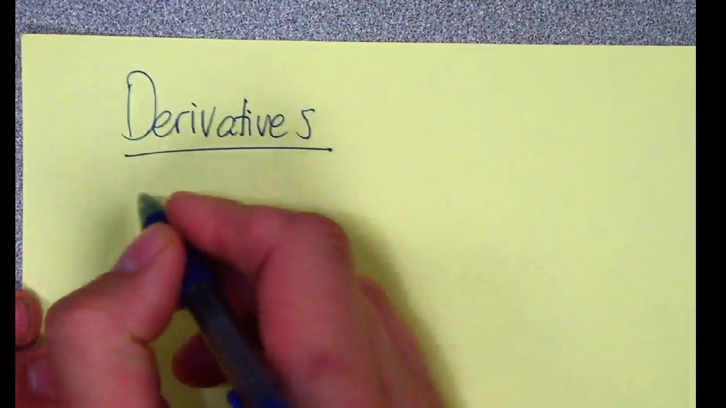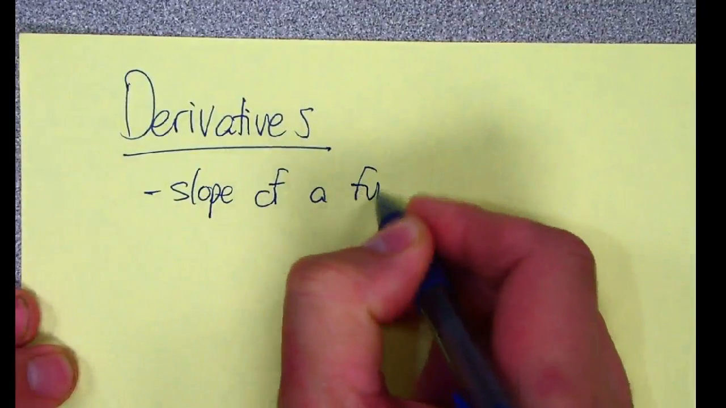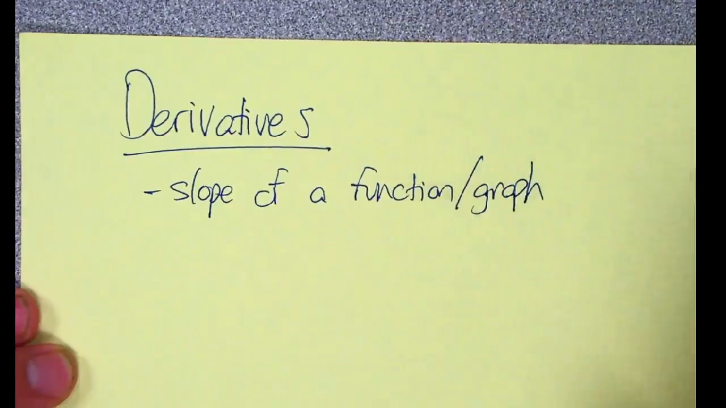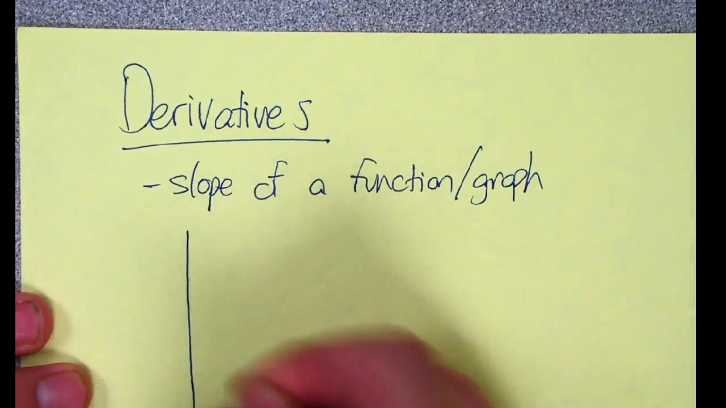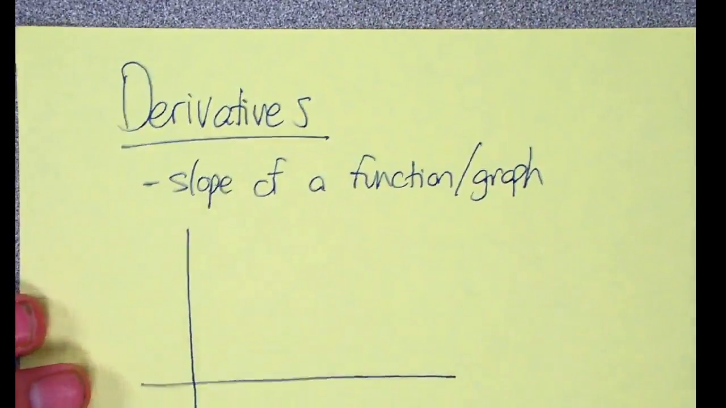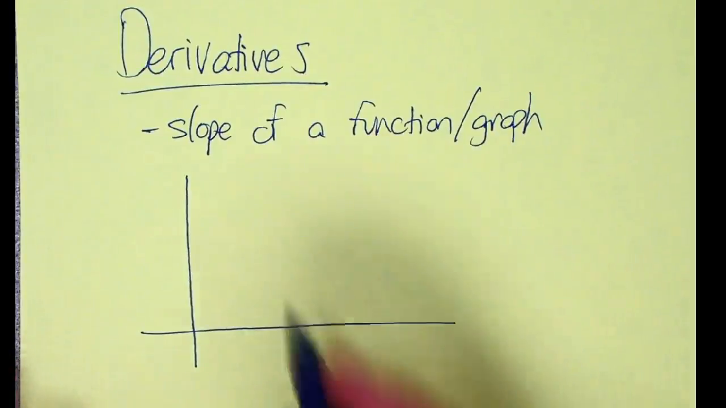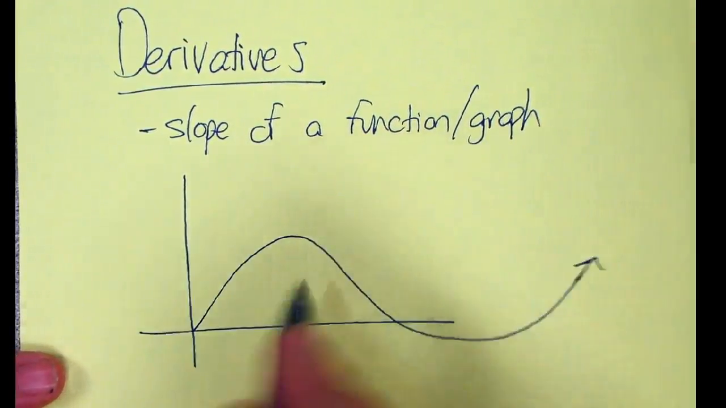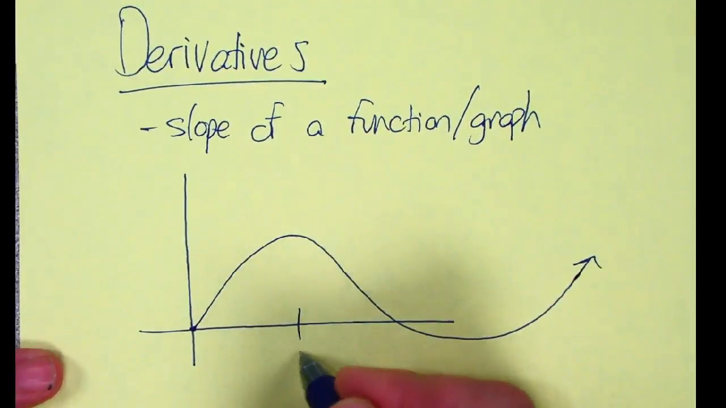So, derivative is the slope of a function or a graph. It's really that simple. There's a very complicated way to explain this that I can go through in class if you want, but I'm going to go through a simpler way here. If I have a function that goes like that, and I asked you for the derivative